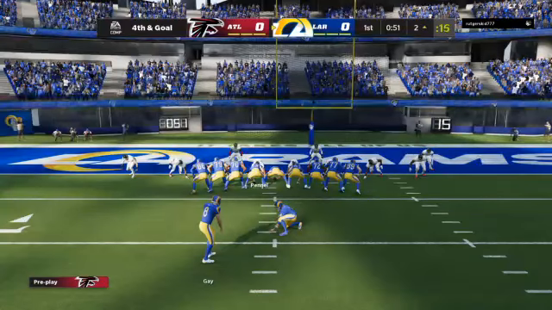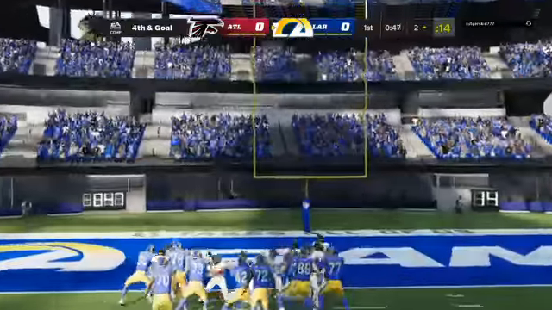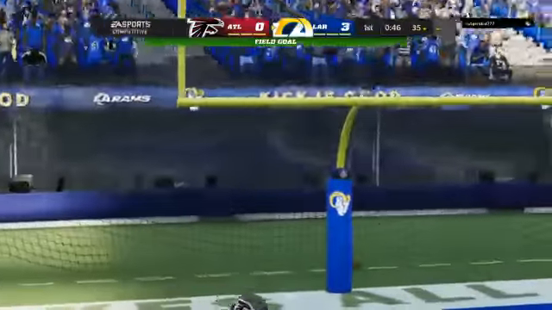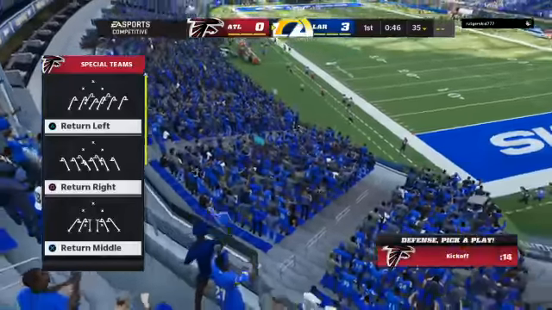From the left hash, he'll have to cut this at a tight angle. And Gay knocks this one through. So 3 points on the board, as easy a field goal as you're going to get, but I can see